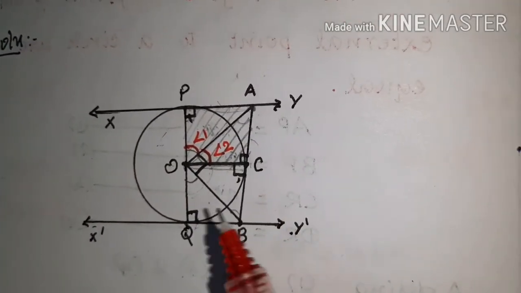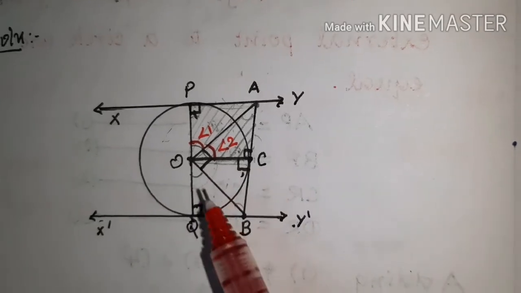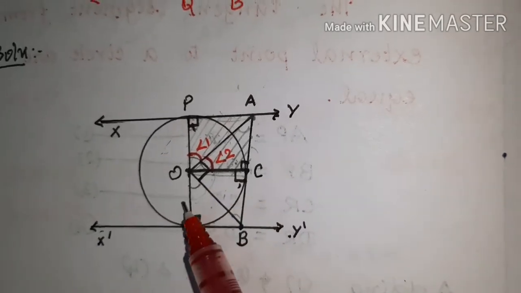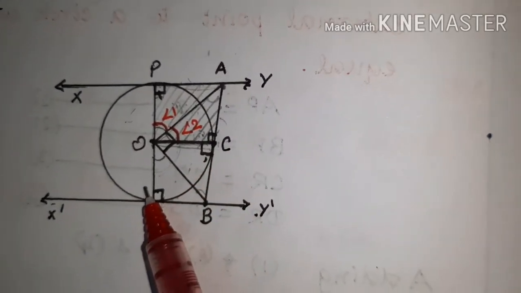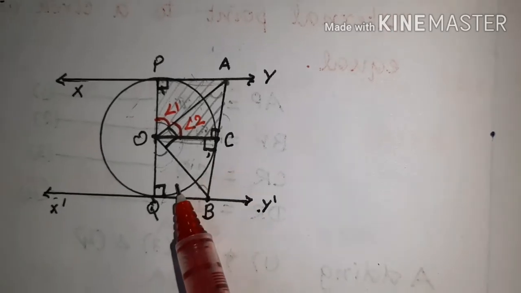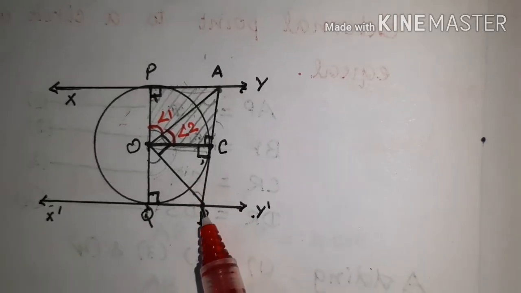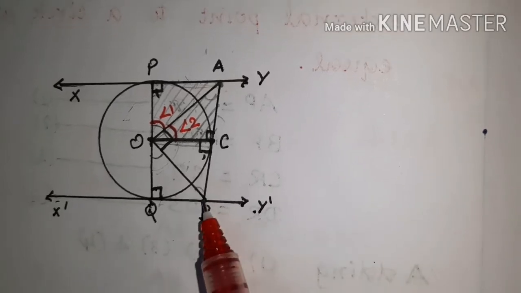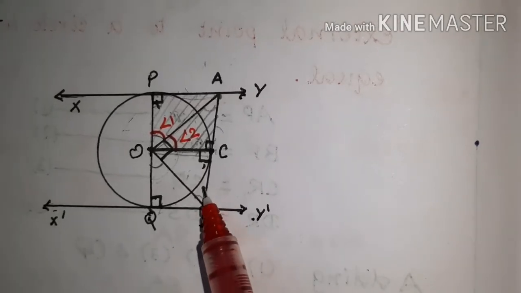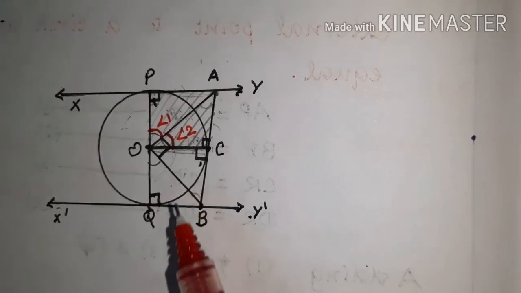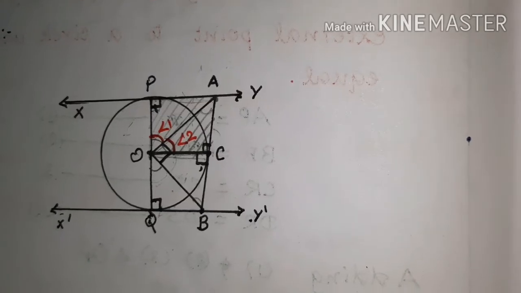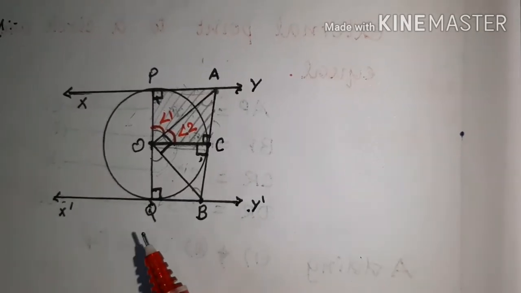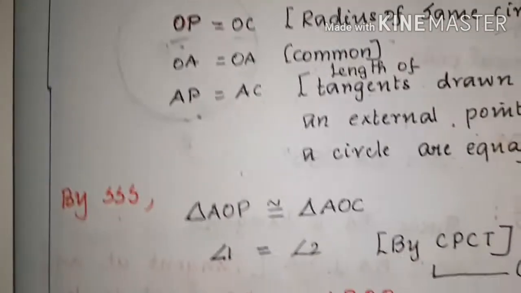Okay. Now same way I am going to take this OCB and OQB. Now you see OC and OQ are the radius of the circle and OB is common for both the triangles, and same way B is an external point to a circle. So from the external point the lengths of the tangents become equal. So all the three sides are equal. So we can say by triple S they are congruent. Same as you have proved for those two triangles, in the same way you are going to prove for the other two also.